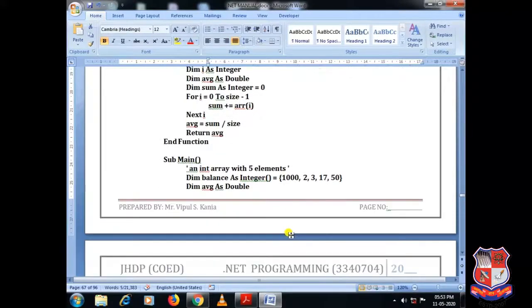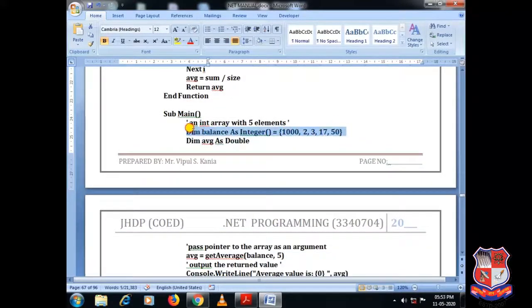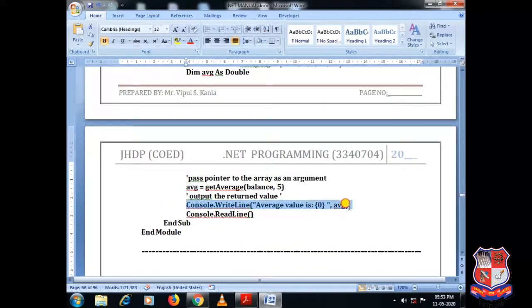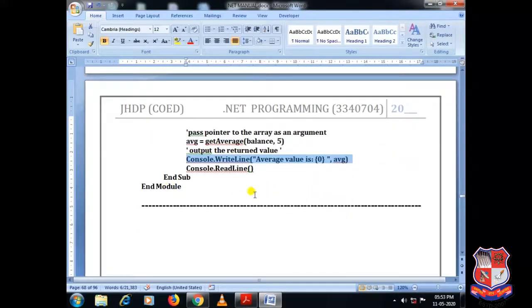I have declared an array called balance, which contains 5 elements, and at the time of the function call, of course it is a function, so obviously it will return something. So GetAverage, this is my array as I told you earlier, and this is the single value constant 5, right? It will return the average by processing these 2 data, and at the end we are printing the average variable.